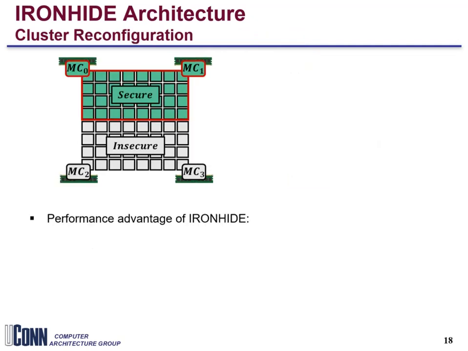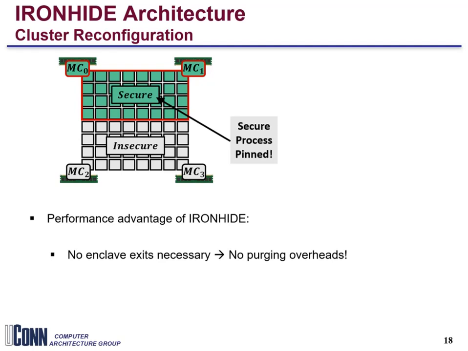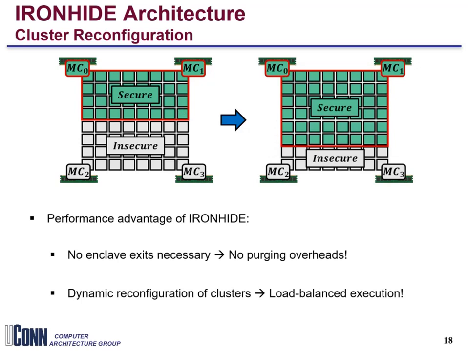In terms of achieving high performance, IronHide pins the secure processes to execute in the secure cluster, where it spatially interacts with the insecure process via the shared IPC buffer. Since the secure process is pinned, there is no need to perform any enclave exit on every interaction across clusters. Thus, IronHide incurs no purging overheads, which were observed by MI6. Moreover, to cater for the varying core-level resource demands of applications, IronHide enables a capability to reconfigure cluster sizes for ensuring load balance, system performance and throughput. This capability we will definitely discuss later in the slides.